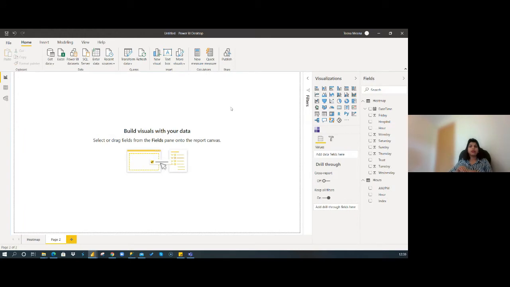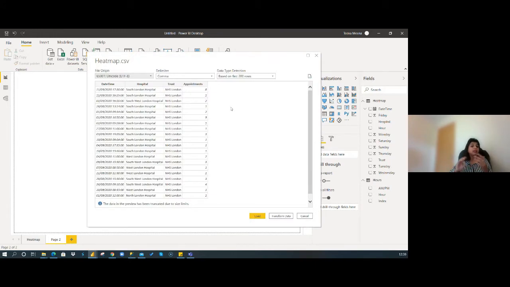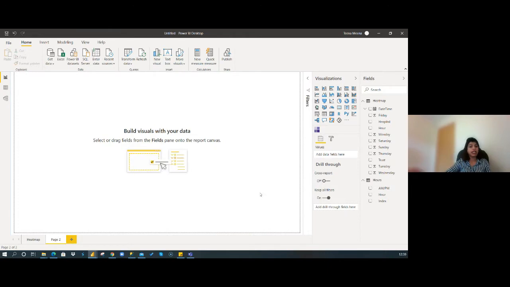In this data, I have kept it very simple. I kept a daytime column. It's not hospital data, but it's a good use case to show an appointments day hour heat map. I put in some hospital names, the trust as NHS London, and total appointments for the day. So I go on transform data before loading it.